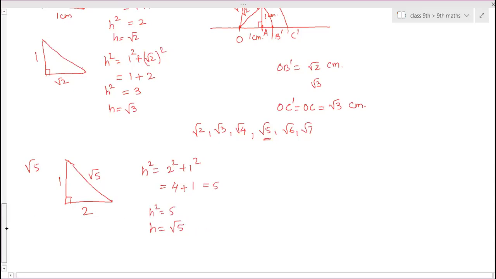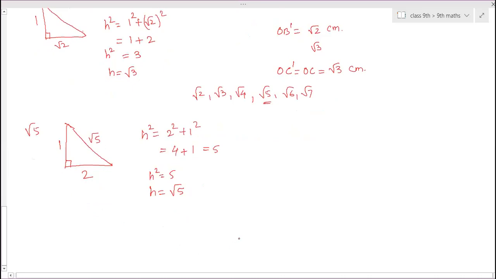So directly you can draw the triangle with base 2 centimeter, from O to A, that is 2 centimeter distance. Draw a perpendicular at A. Draw a 1 centimeter arc from A, to B, which is 1 centimeter. If you join OB, then this OB distance is root 5. Then take center O, OB as a radius, and cut an arc on the horizontal line. This point of intersection is B dash. So OB dash is equal to root 5.